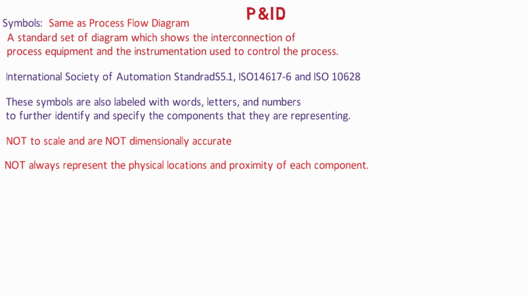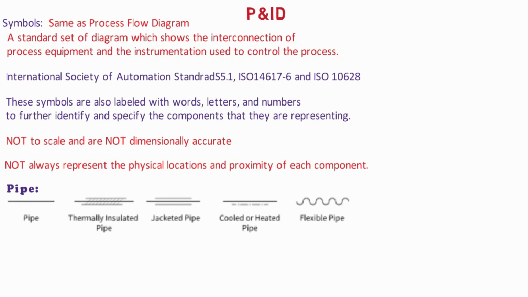The process lines are the lines through which the process media actually flows. They are represented by different types of lines, as you can see on your screen, like normal pipe, thermally insulated pipe, jacketed pipe, cooled or heated pipe, and flexible pipe. On a P&ID, each line will be labeled with a line number. For example, 3 inches